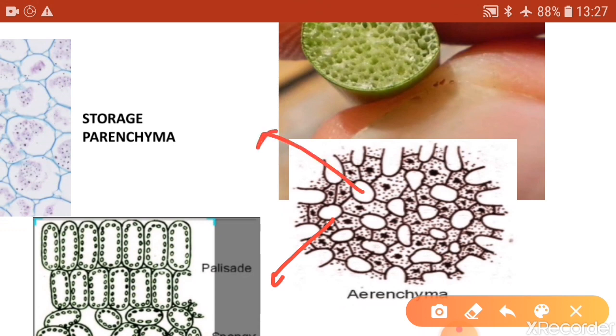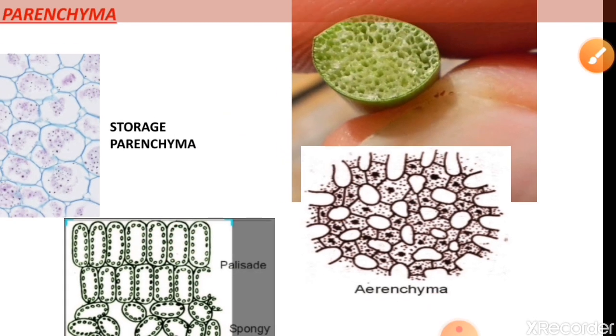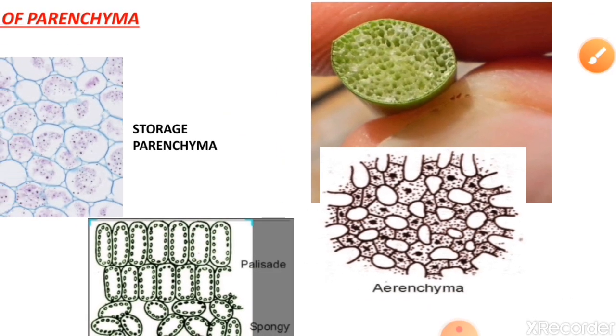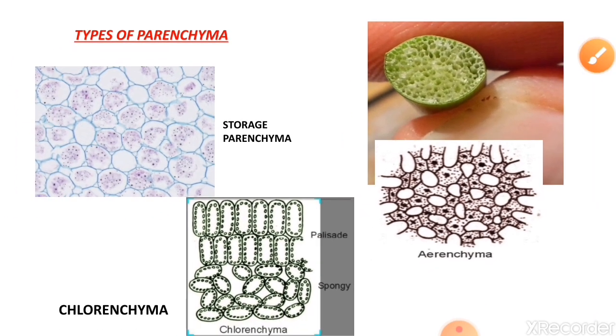So in these cavities, as you can see in this picture also, there are holes present. In this cavity there are gases filled, and because of these air cavities, this helps the plant body to float. The lotus, and many other aquatic plants that float on water, float because of the presence of this parenchyma tissue which contains air cavities filled up with gas. And this parenchyma tissue which has air cavities filled up with gas is called aerenchyma. So these are some of the important features of parenchyma.